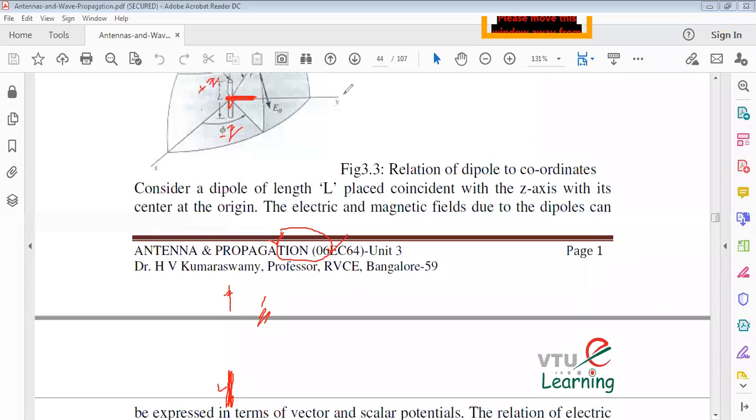Similarly, this is the plus y, that's why this is called minus y. Similarly, this is called the minus x direction. This assumption takes some time, but the same concept is applicable to all the dipoles and all the derivations also.